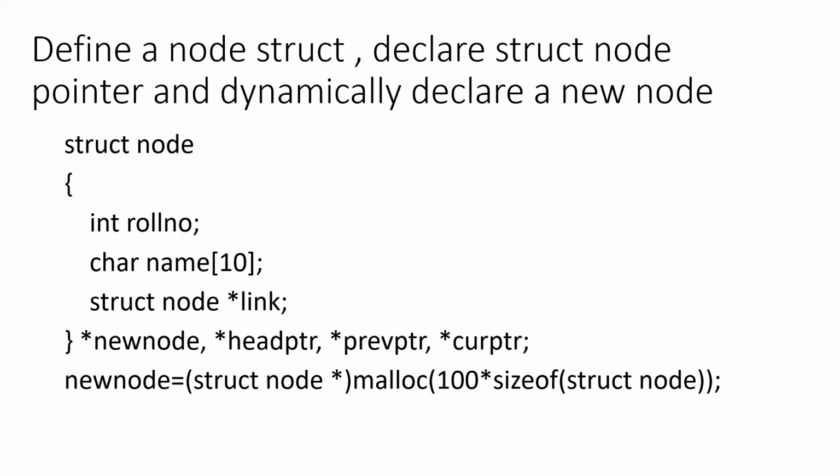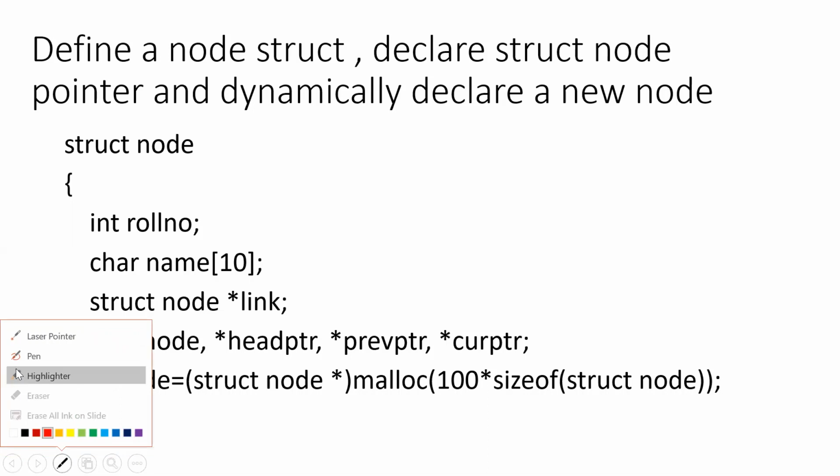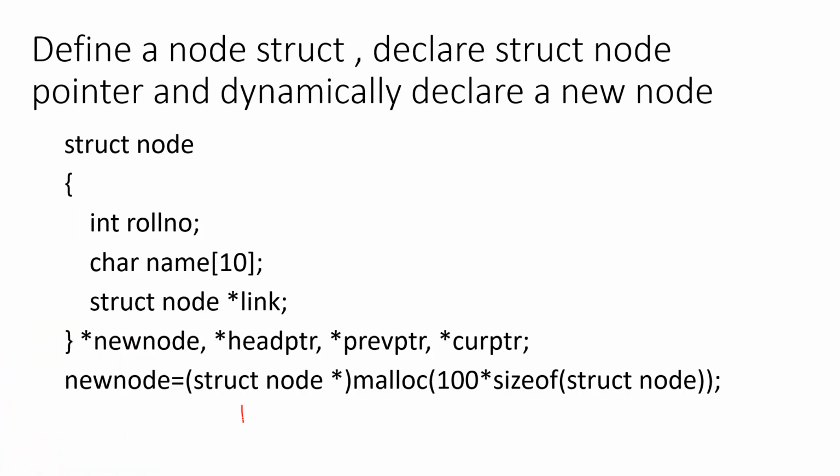Even what is the overflow and underflow condition and all. If malloc is able to return an address of memory after allocating struct node pointer, then it will be having the address of the memory. If in case it is not successful, if there is an underflow condition, that is no available nodes in the availability list, then it will return a null. Got it? So in case it is returning null means it is unsuccessful.